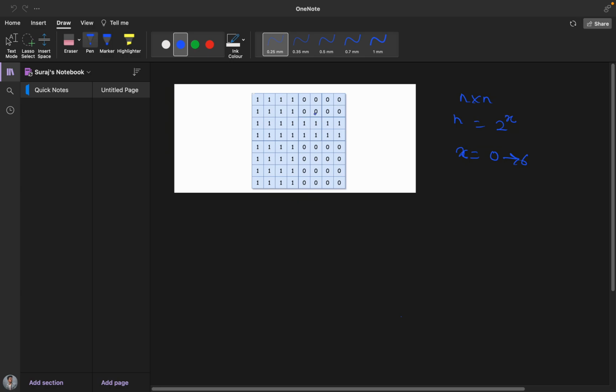Before moving to the approach, let me tell you what a quad tree is. A quad tree is a simple tree, but with four children. Suppose this is a child node, and this child node is called top left. The first one is top left, the second one is top right, the third one is bottom left, and the fourth one is bottom right. I will explain what each of them is. Okay,